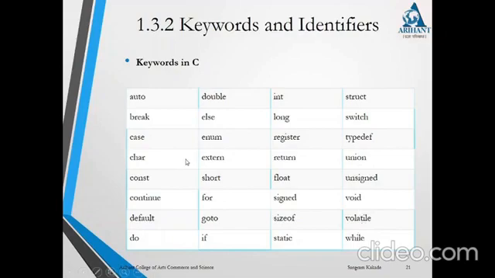So these are the 32 keywords which we are going to see in the upcoming lectures.